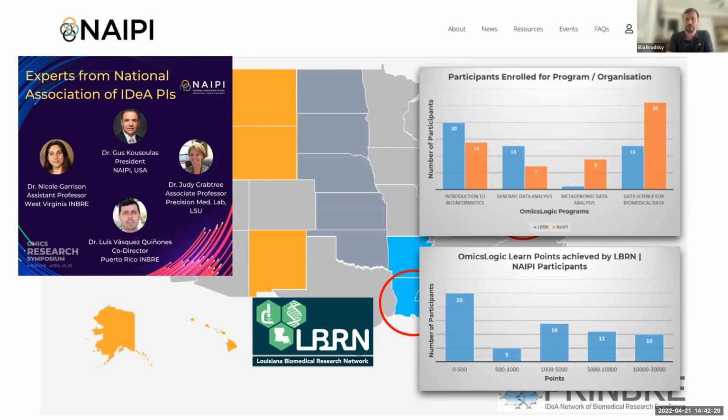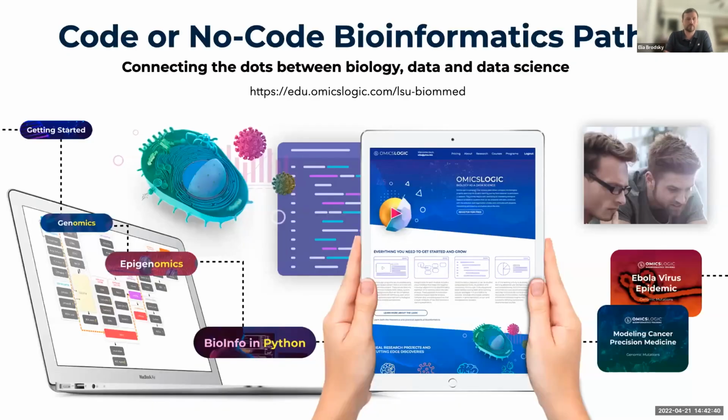And so for you to appreciate what that process looks like, I have just a couple more slides to explain what it is that we offer and how it is different from the traditional workshop approach or maybe coursework in traditional programs. So first of all, we have a process that allows both coding and non-coding paths to learning and mastering bioinformatics. And what that means is that you can appreciate bioinformatics, but maybe not have enough time to master all of the different requirements for the technical